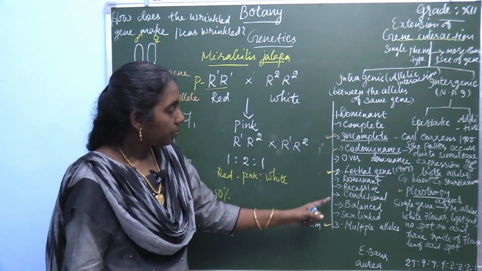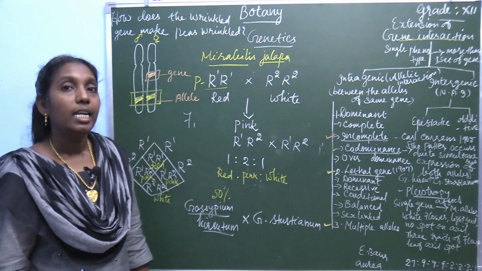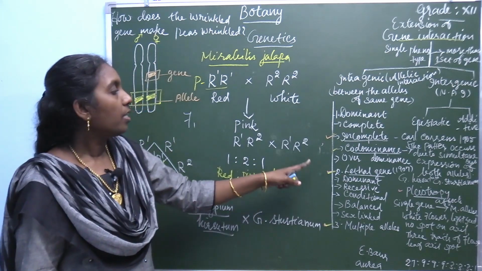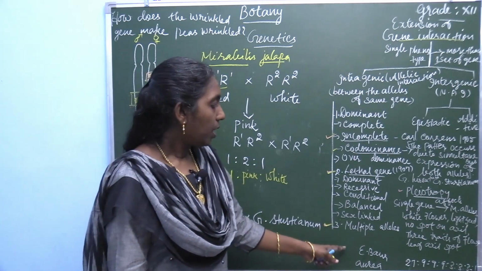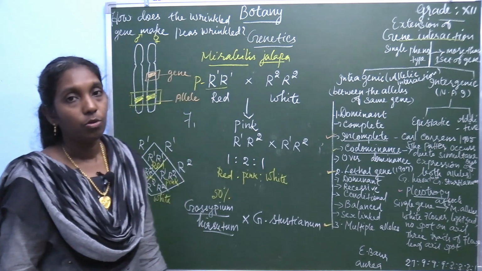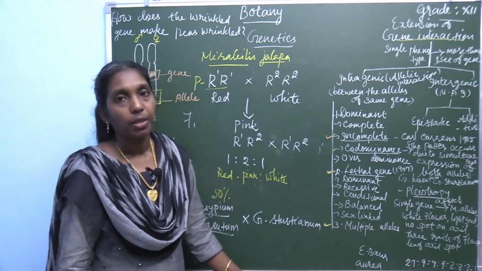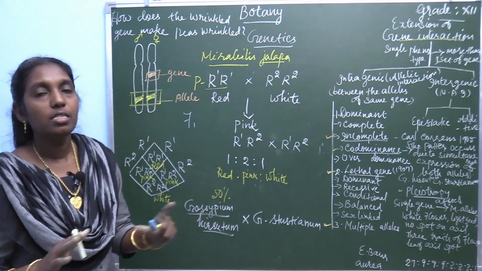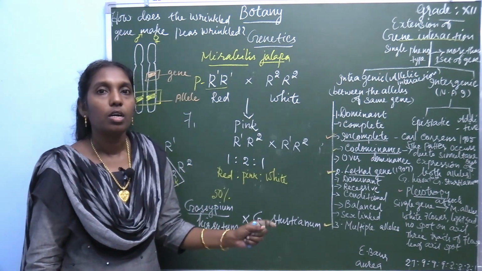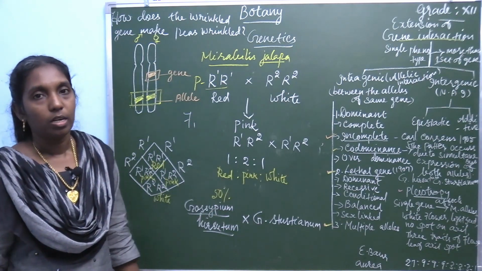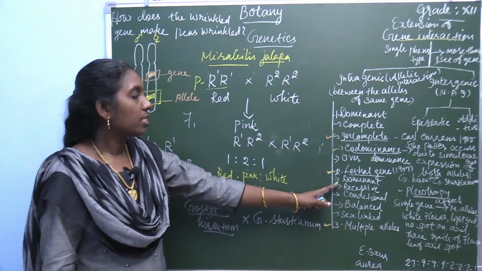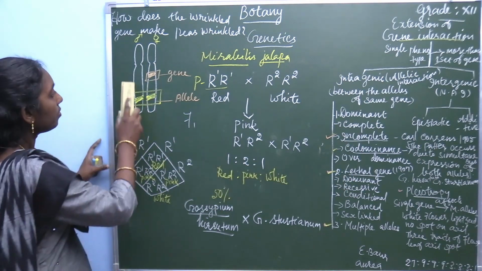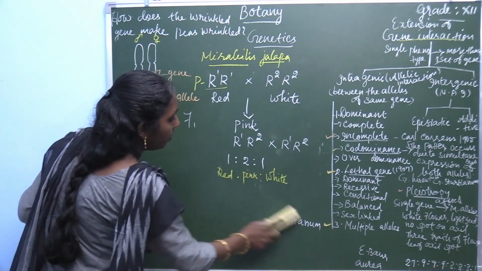Another example, another type, lethal gene. The lethal gene was discovered in the year 1907 by E. Baur, B-A-U-R, Baur, who explained it. A lethal gene is a condition that kills the genotype or leads to the death of the organism. Lethal means it dies. So, there is an example of a lethal gene.